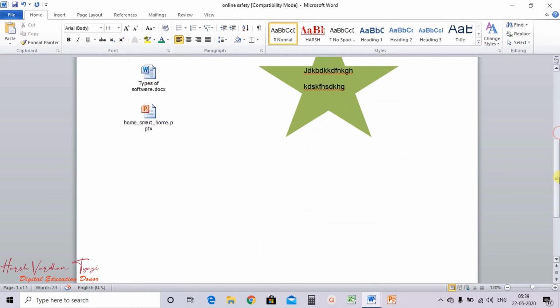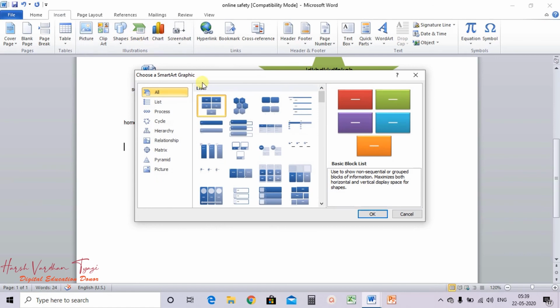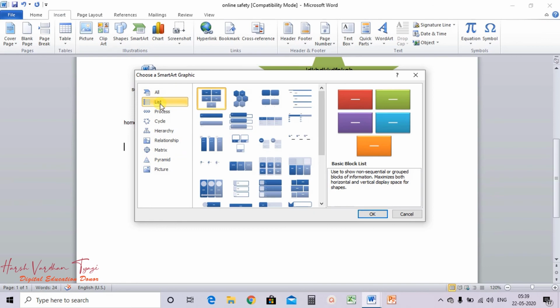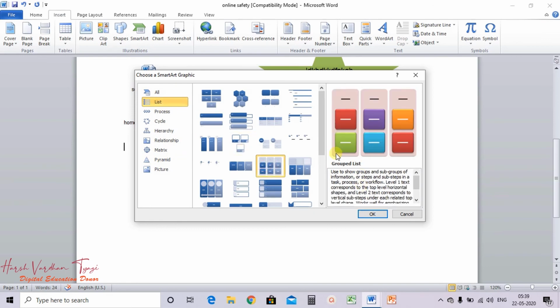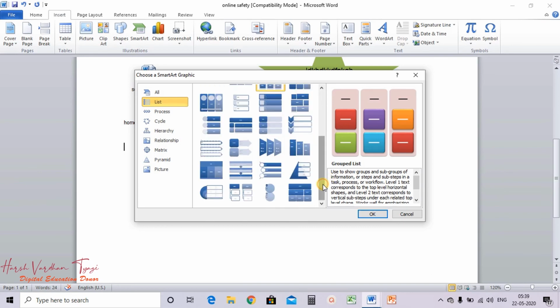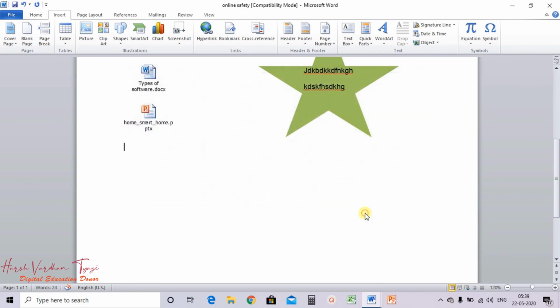Now moving further in this tutorial, I am going to insert SmartArt. SmartArt means that if you have some cycle, some process, some hierarchy level, then you can use the SmartArt option. Suppose you want to display something in a list, something like this. SmartArt gives you an option that you can select, and you have an inbuilt presentation and you can use it. Like I have used this.